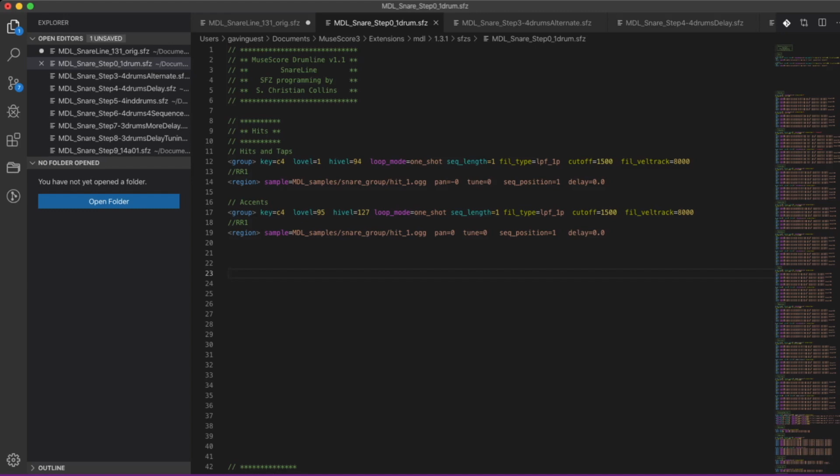So I've gone ahead and corrected the group. I still have my high level and low level. For now, those are fine. Still need this as one shot. I made the sequence length 1 because I only have one region in my group, so it can't be any longer than that. And I've left all these other filters the same because they do actually do a pretty good job. So what happens when this file is run through MDL is it will play this sample,